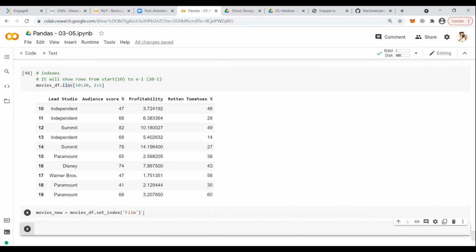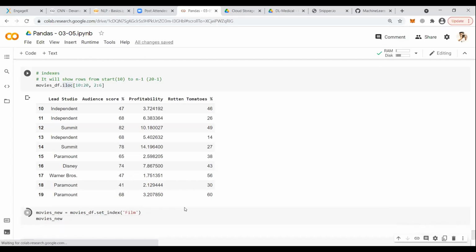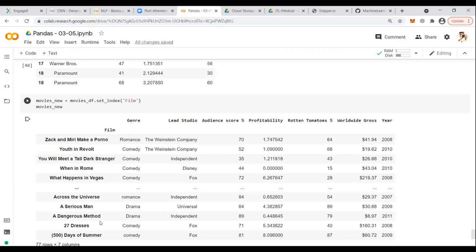Movies_new equals movies_df.set_index, and talk about the film.